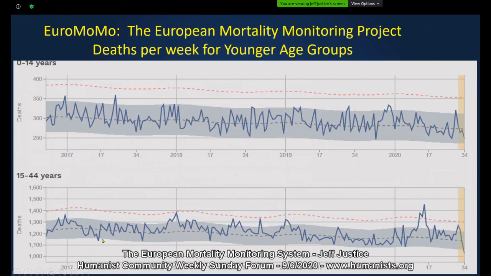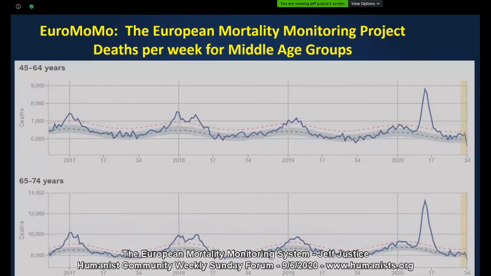But by the time you get to 15 to 44, the flu epidemics are small, but you start to see the COVID epidemic. So it's still small. That's only 200 deaths above normal at this point, but it's something. But then as you go up in age, you start to see the epidemics more clearly. Middle ages, you see the flu epidemics, and the COVID epidemic starts to stand out significantly. And then going up to 65 to 74,